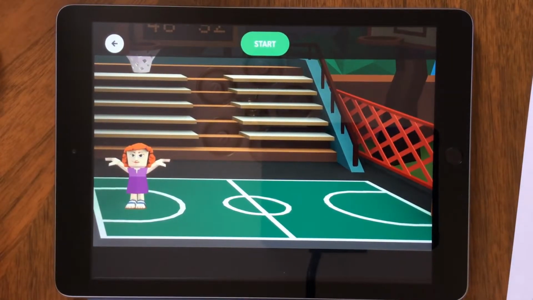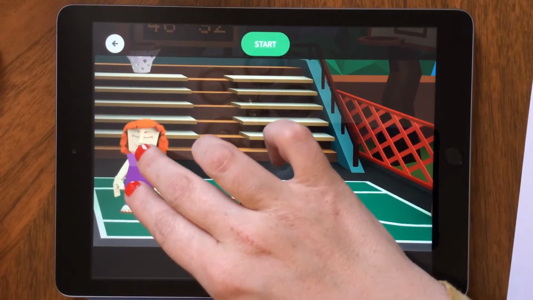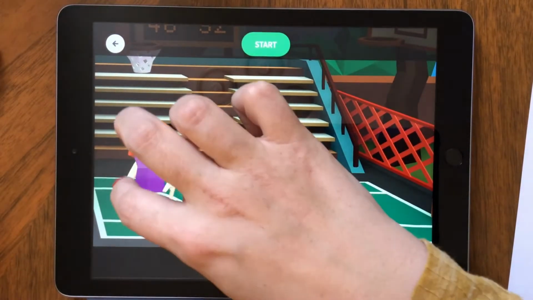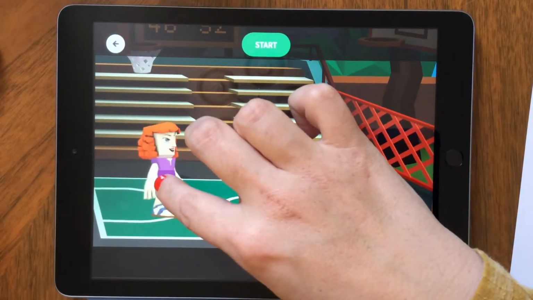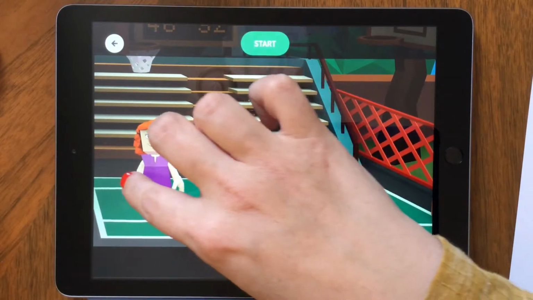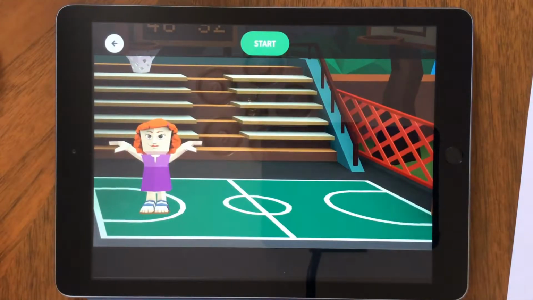Now I also can make this character larger or smaller, so you could think about that as well. I'm going to make it a little bit larger. Put the arms back up. And you see every time I move it, the arms go back down again, so it's important to leave those up. Okay. And then my movement is going to be dancing.